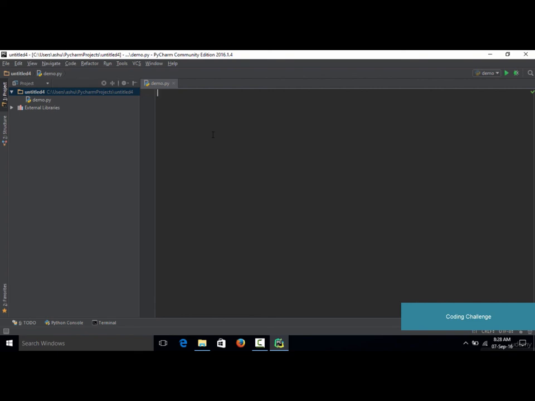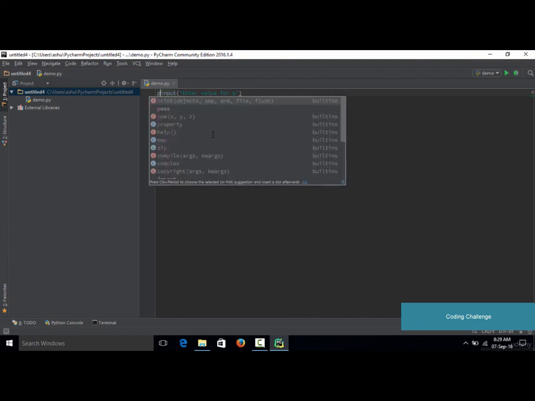The very first thing which we need to do is accept input from the user. So first let's go ahead and accept the principal amount. In order to accept any value, we type input, and inside input we specify that we want the user to specify the principal value. So we type enter value for P. P actually stands for principal, and once we have accepted this value, we need to store this value in some variable. So in order to do that, we are going to save this value in P. So we type P equals